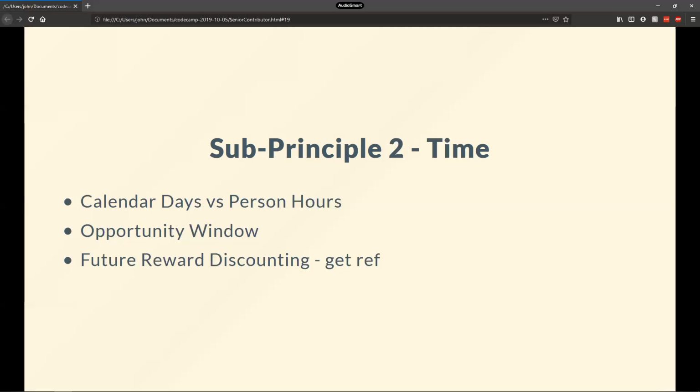The other thing to be aware of when you think about time is the opportunity window. I'm as guilty as the next guy of saying, I want to write software. That's awesome. It's elegant. You look at it, it looks like a work of art. Like, how did someone figure out that this algorithm is so simple and so exactly what was needed, right? The problem is that doing that at the expense of the opportunity window basically takes all of that value and throws it in the trash. It'd be better to do something that was crap, but hit your opportunity window, than something that was elegant that